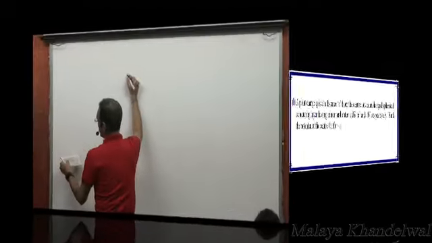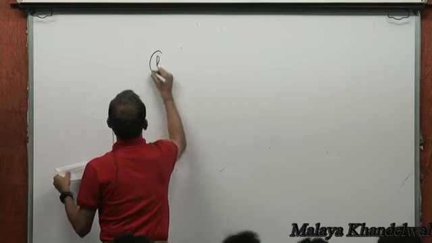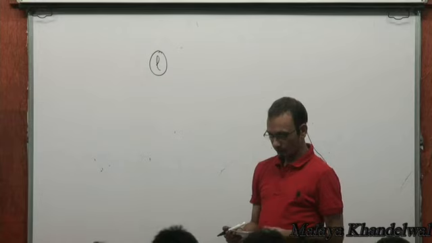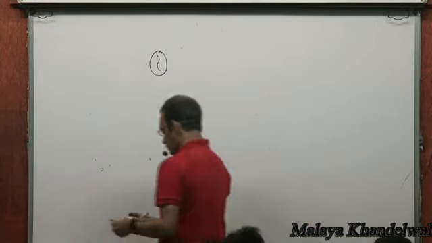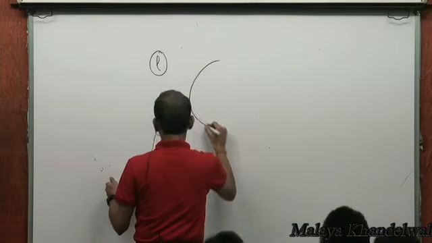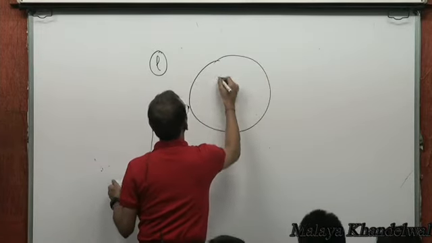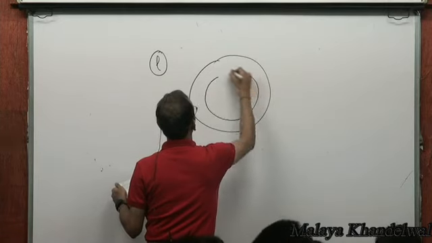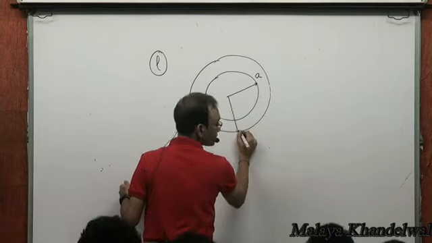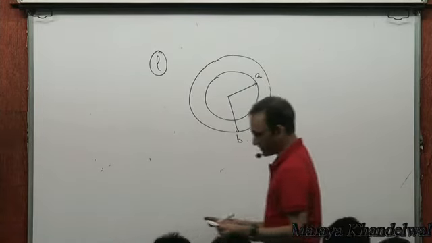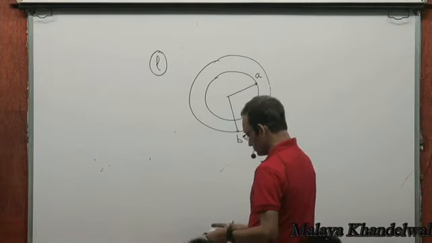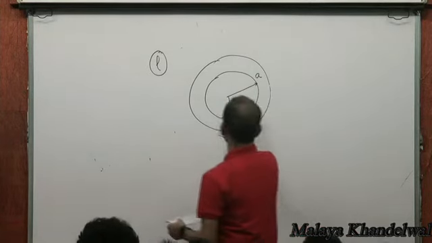Now, let me look at L. There is an uncharged spherical conducting layer having inner radius A and outer radius B. Uncharged conducting layer having an inner radius A and an outer radius B. Find the potential at the center O